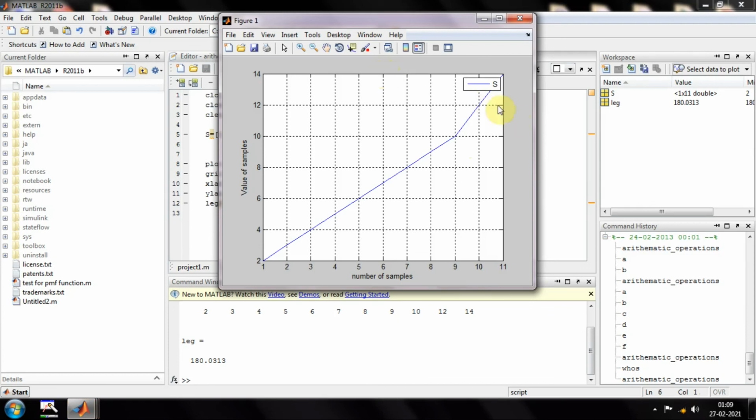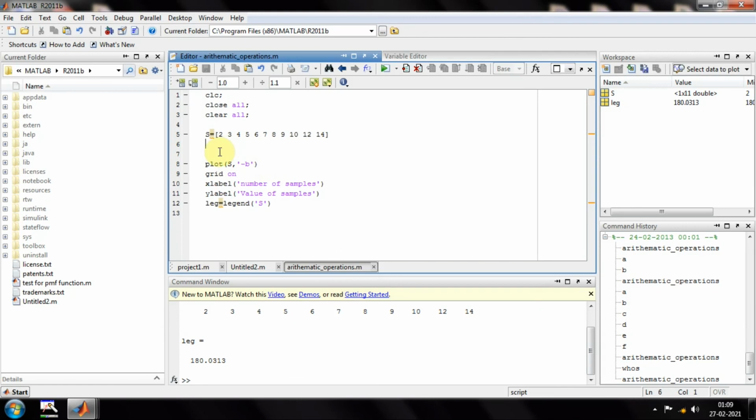Now you can see in the upper right corner it is showing a symbol: ys is the variable which has a continuous line and its color is blue. Whenever we have multiple graphs, it will be helpful. Let us say I have another variable called d, which has the values of ys multiplied by a constant, let us say 2.